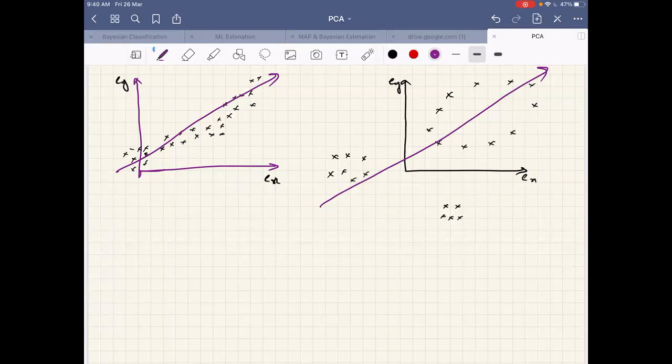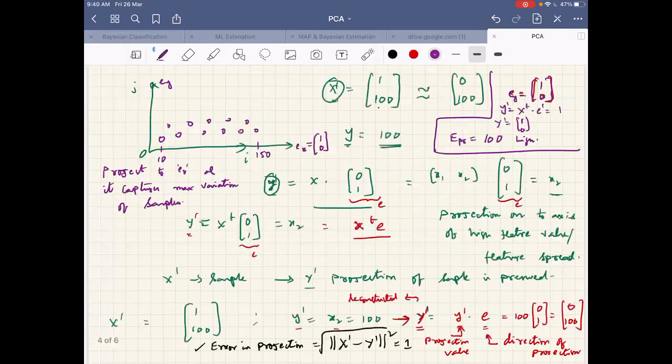All these samples, see, essentially if you project onto this x-axis, where does this sample go? Where does this sample go? If you project onto x-axis, where does the sample go? It comes and falls here, correct? This sample, where does it go? It comes and falls here. This comes and falls here. Yes or no? Are you able to imagine this?